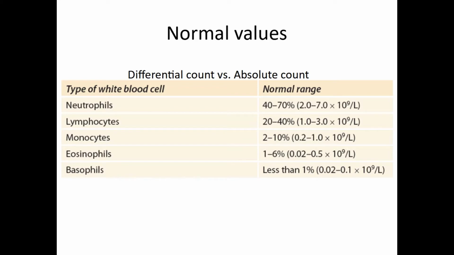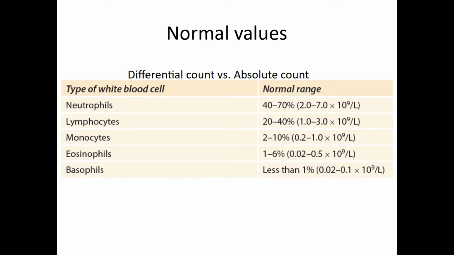In the differential WBC count, that is what you are doing. You are assigning a proportion in 100 cells to various WBCs. Whereas in the absolute count, you are counting each and every WBC in a given sample. So that is why absolute count is way more important than differential count. The differential count will tell you the distribution, but the absolute count will give you exactly the numbers that are there.